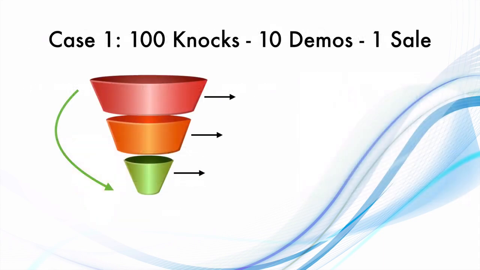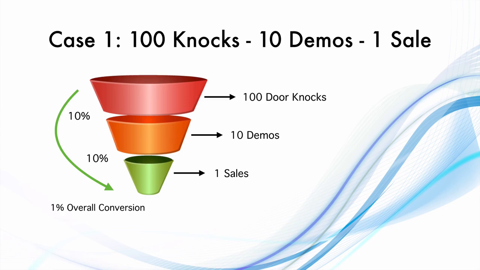The first case is that he knocks on 100 doors. He shows 10 demos because only 10 people open the door and allow him inside to show the demo, and he makes 1 sale. So here the conversion ratio is 10% in each stage. First stage is 10% from 100 door knocks to 10 demos, and then we have 1 sale from 10 demos, which is 10% again. The overall conversion ratio from door knocks to sales is 1%. If each vacuum cleaner is 10,000 rupees, or let's say $200, he has made only 1 sale by knocking 100